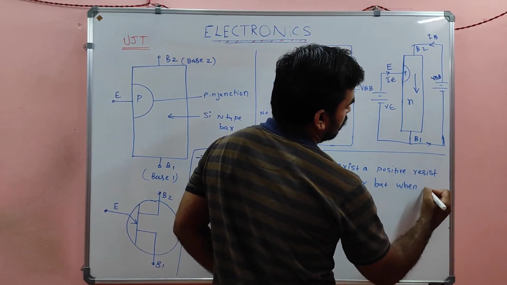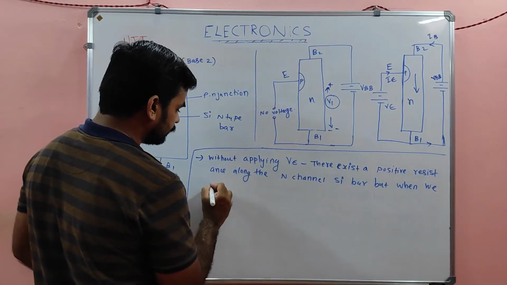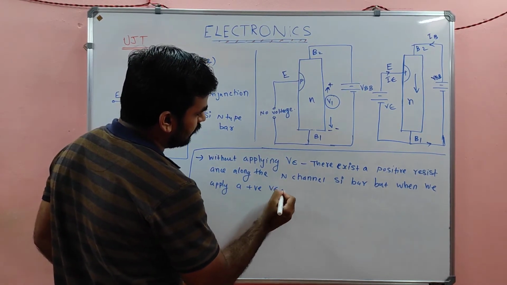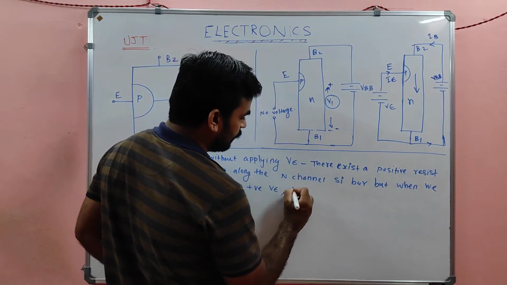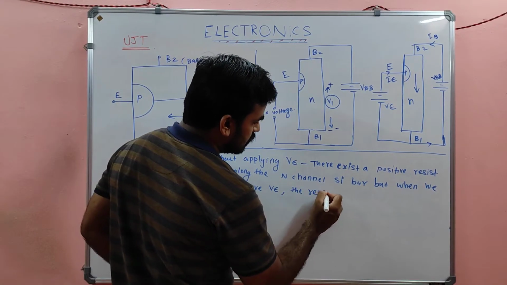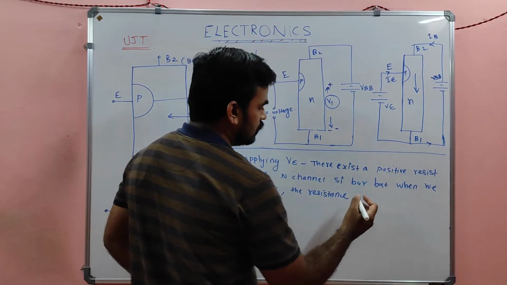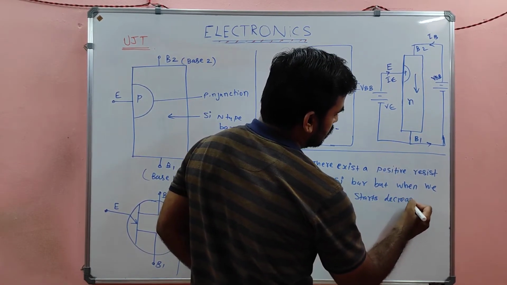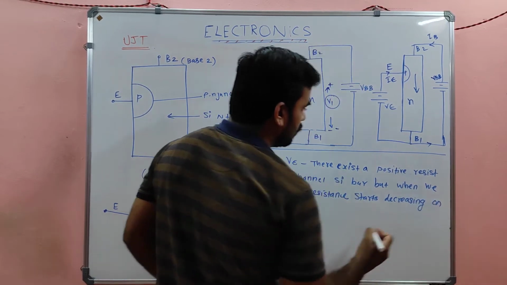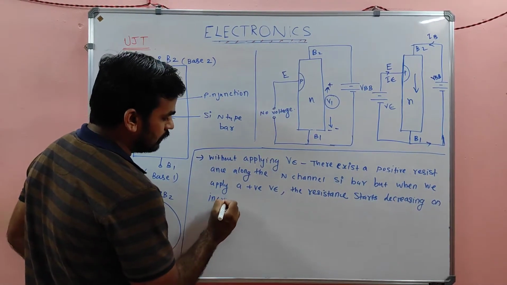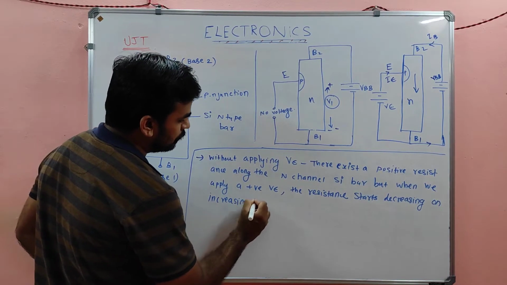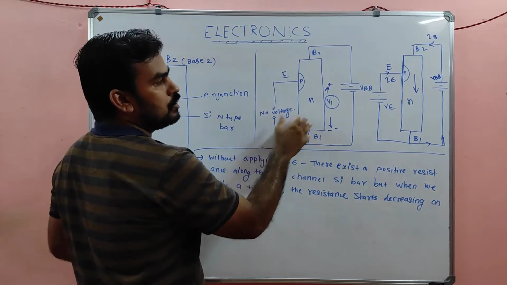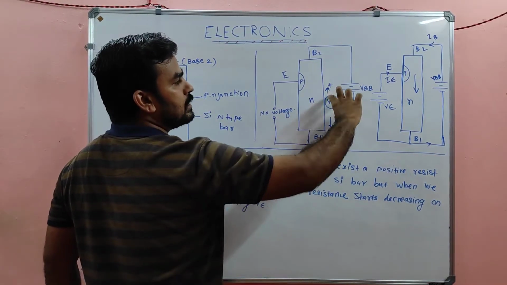But when we apply a positive VE, the resistance starts decreasing on increasing VE. That means if you are not applying any voltage, whenever we increase the voltage, that much voltage drop will be there,